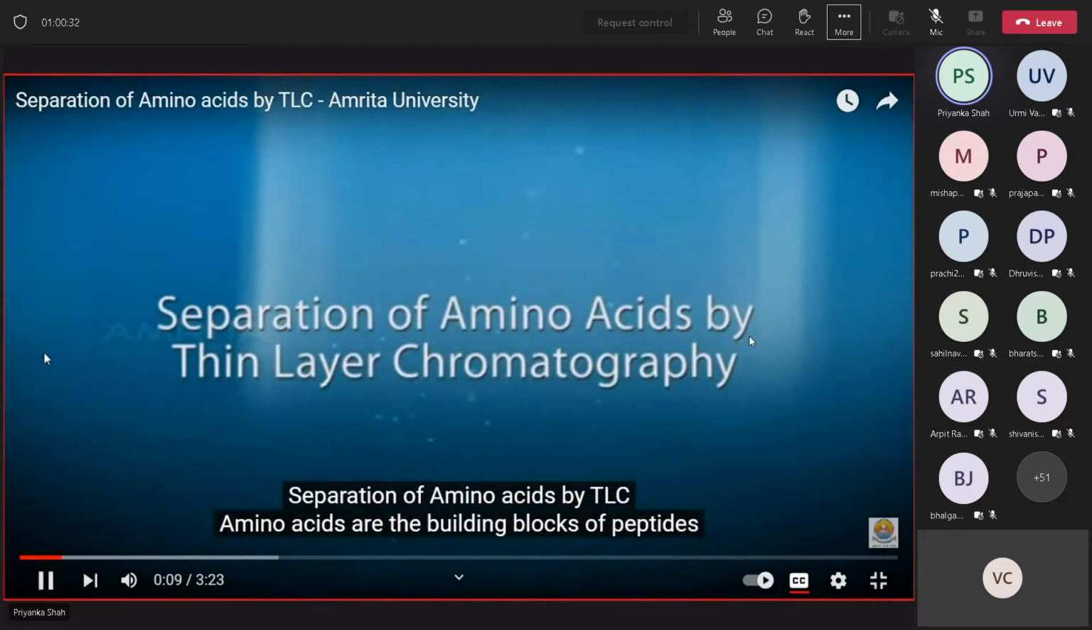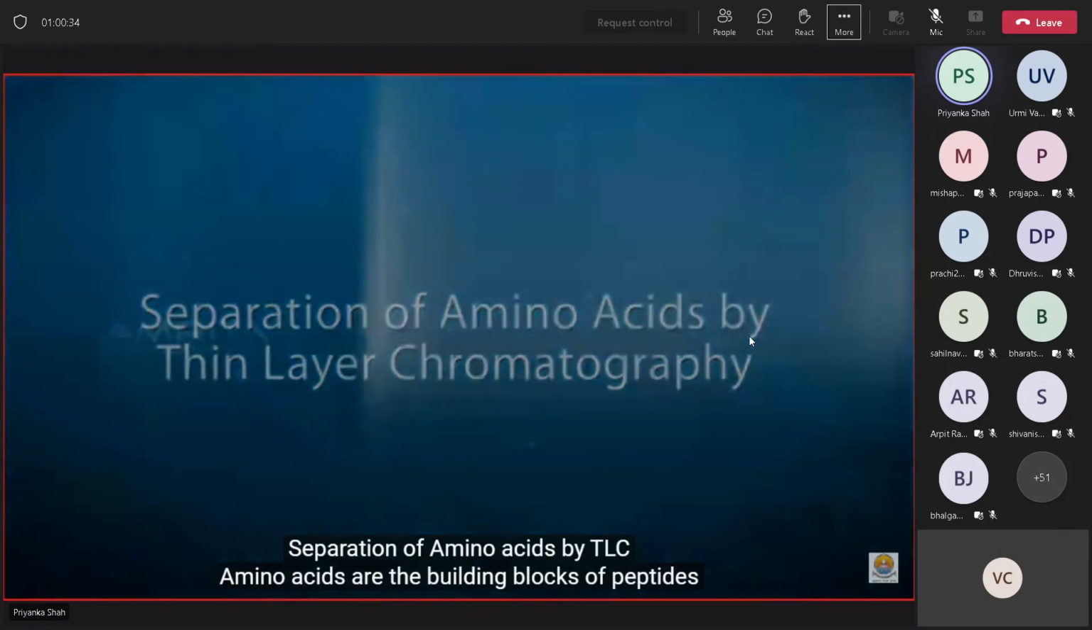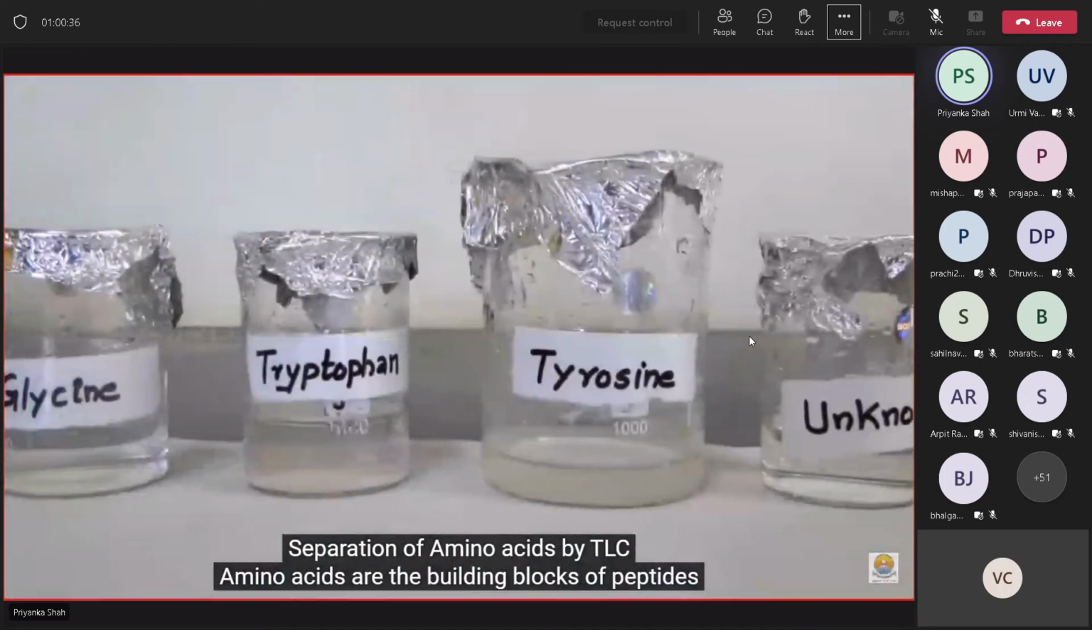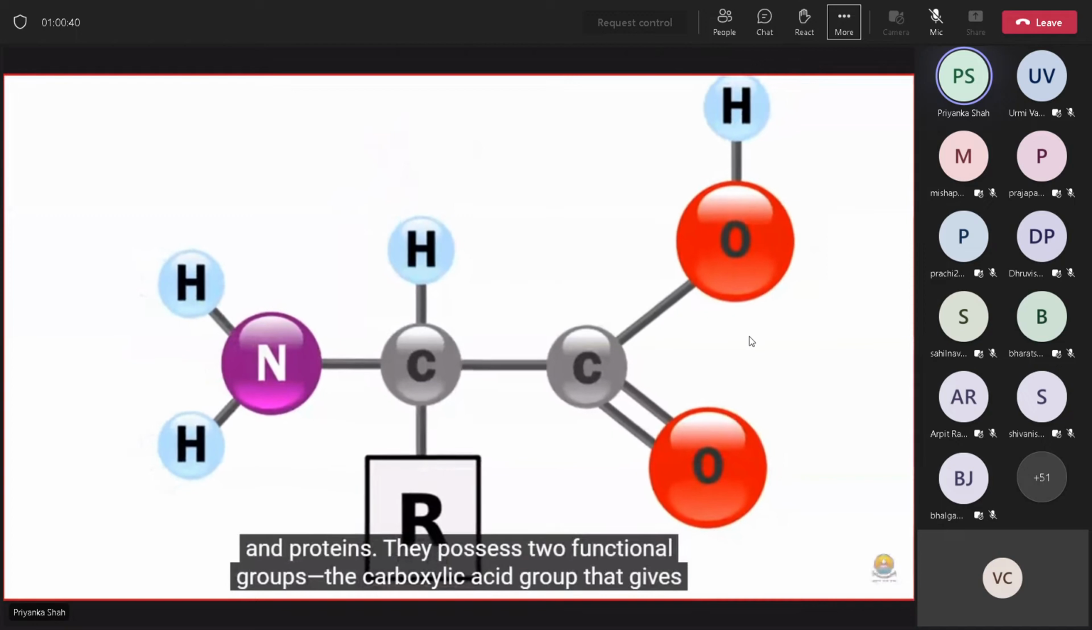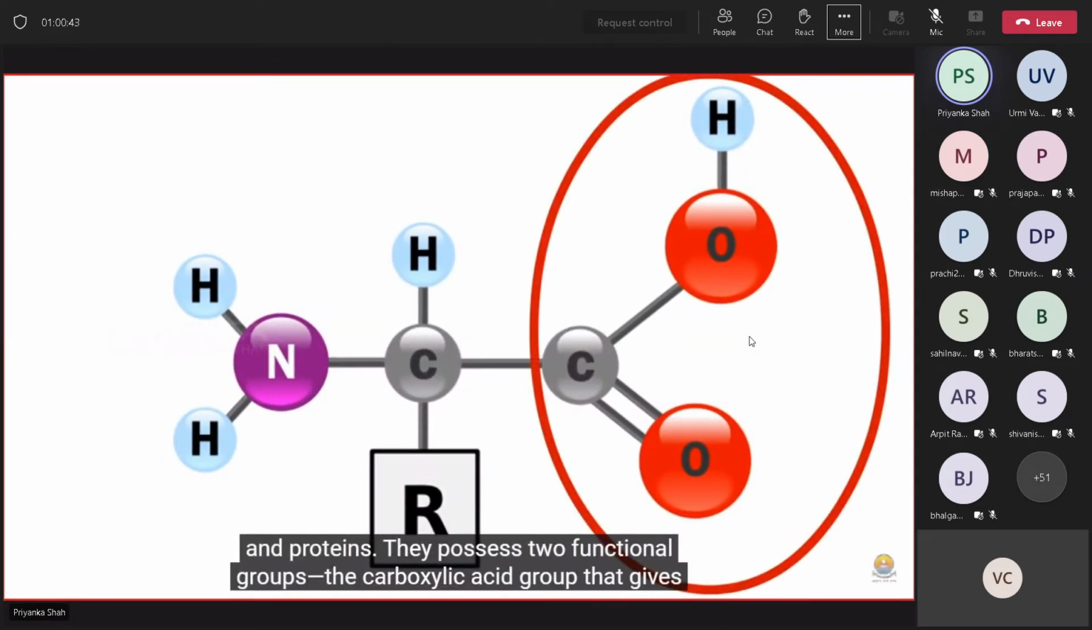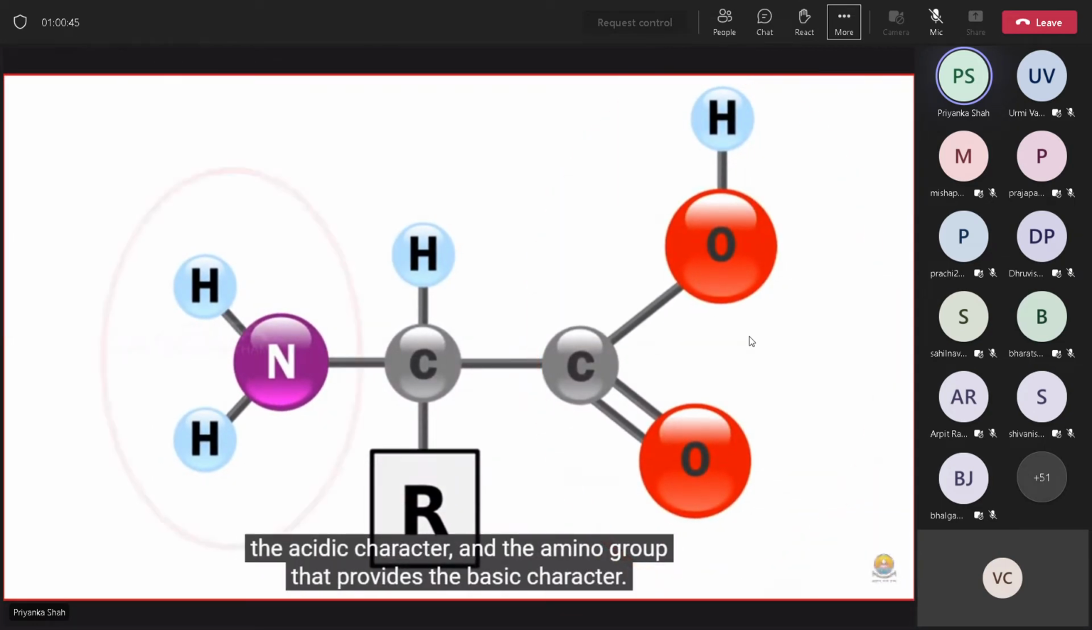Separation of amino acids by TLC. Amino acids are the building blocks of peptides and proteins. They possess two functional groups, the carboxylic acid group that gives the acidic character and the amino group that provides